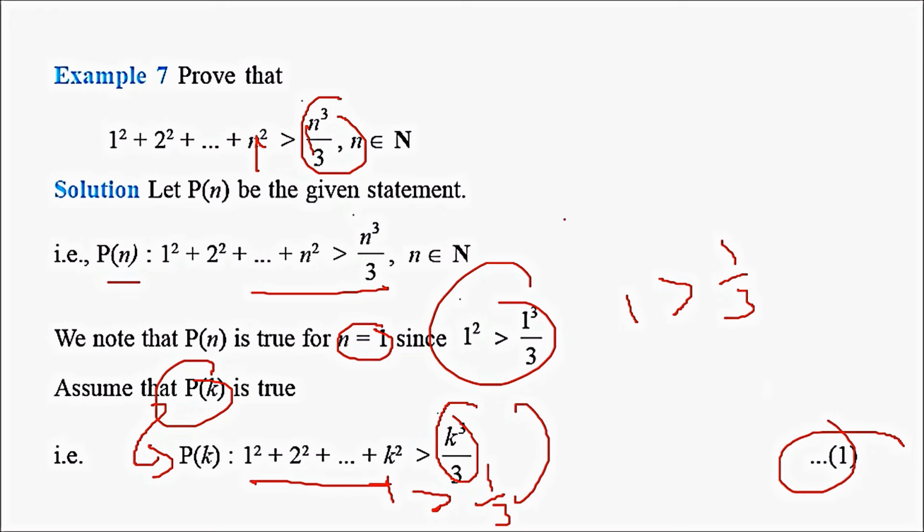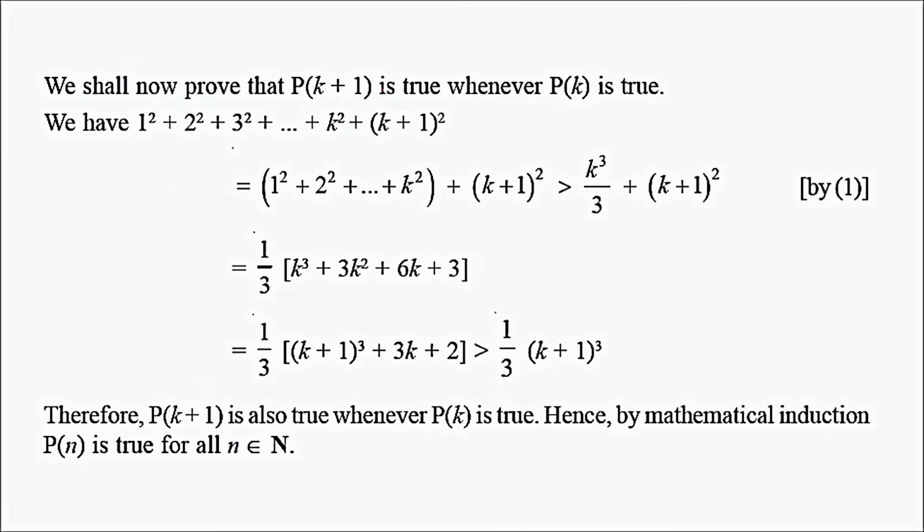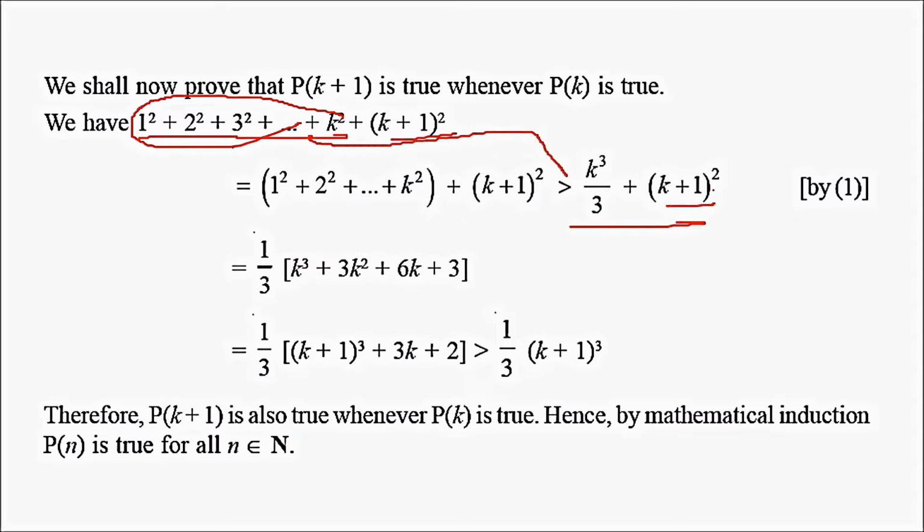Please observe this first one; we are going to use it later. Now let us see for k plus 1. So this we already know. Let us add k plus 1 also. As we add k plus 1, this can be written as k cube by 3 from the previous expression, so k cube by 3 plus k plus 1 whole square. Let us rearrange it. When we rearrange it, we find 1 by 3 of k plus 1 whole cube